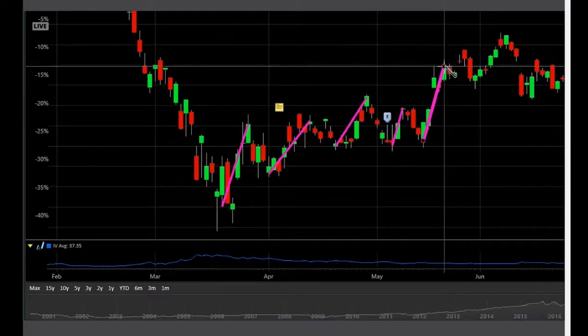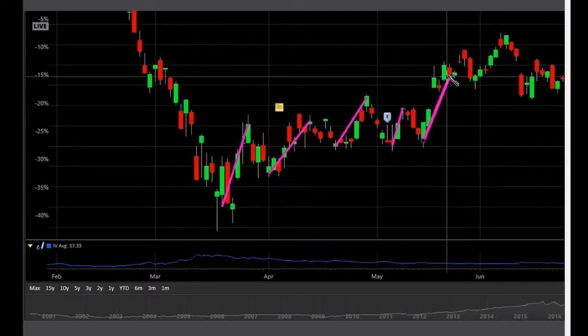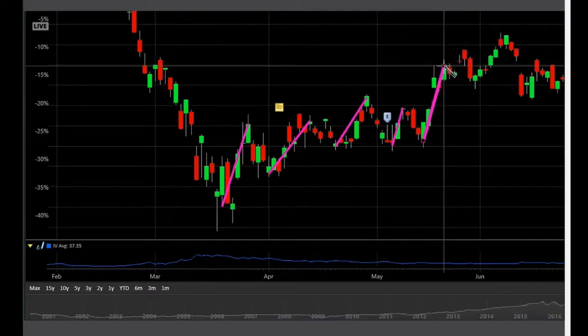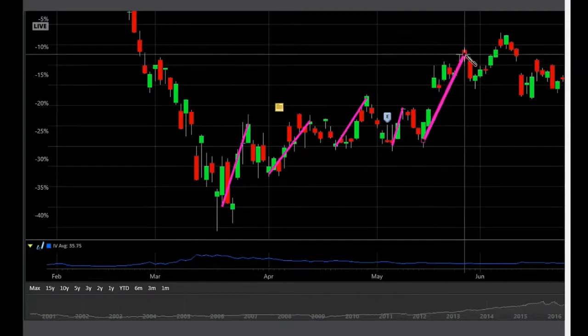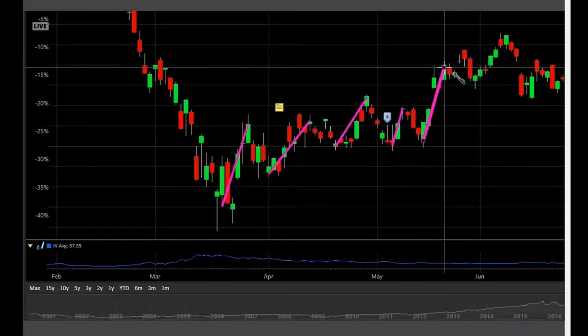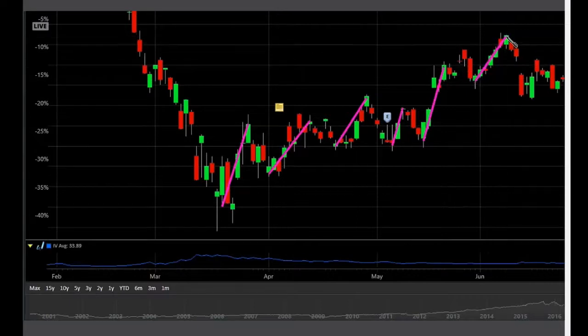Now, here I could go to this spot right here, or I could go to this one. In this case, I'm going to go to this one right here, because the way my trading strategy works is it says if I pull back by a certain amount over 3 or 4 days, I want to make sure I take into account this little pullback right here. So I'm going to release my measured move right there. I'm also going to get this measured move right here.